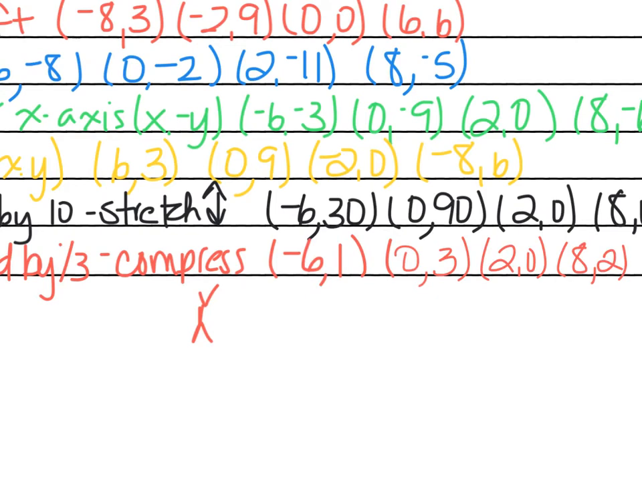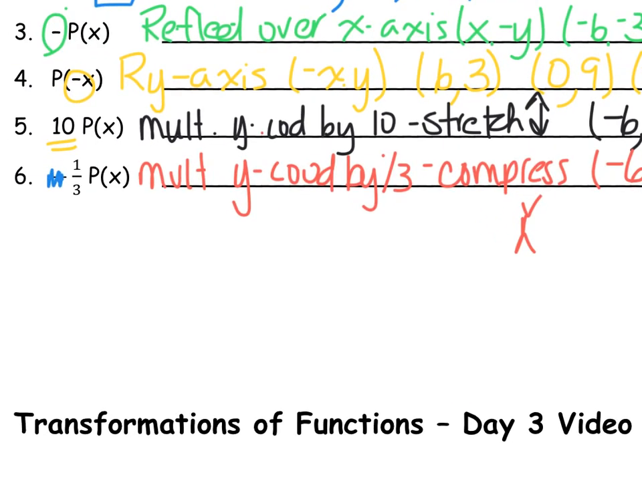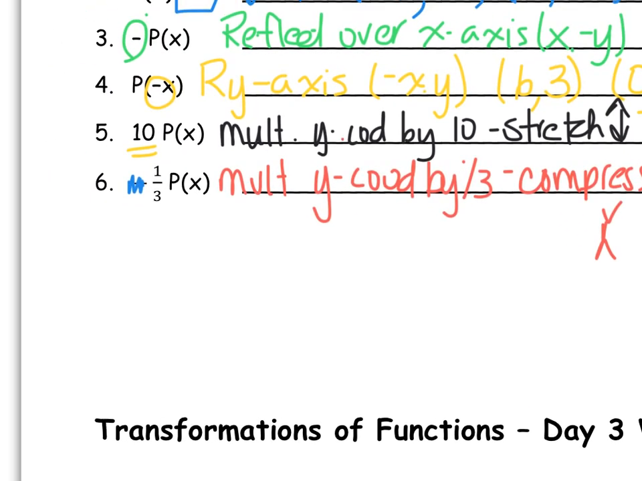Okay, I'm going to add one more question down here on the bottom. Because what happens if we have more than one translation left to right or up and down? What happens if we have a stretch or a compression? What happens if we have a combination of reflections in the same problem? So I'm going to put number 7 down here. Okay, so for number 7,